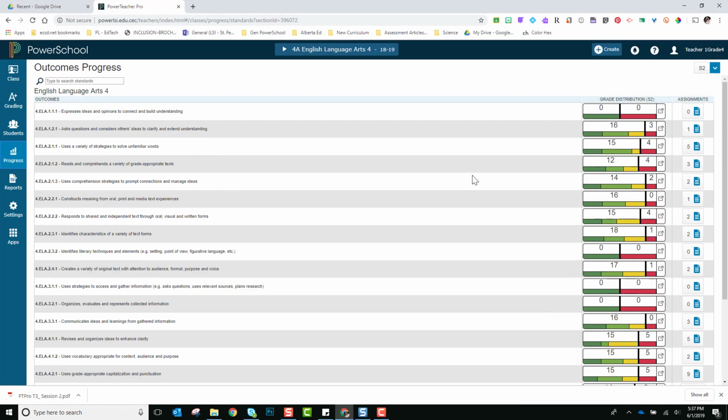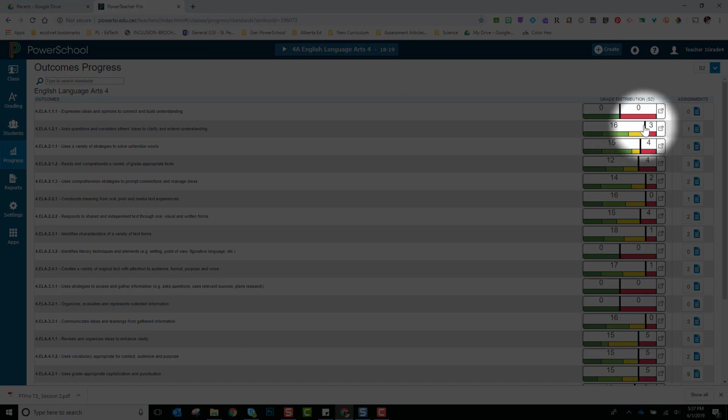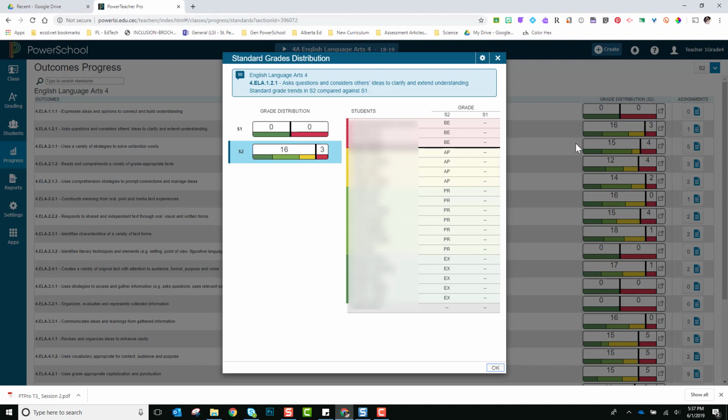And I can see the grade distribution, and I can see how many assignments have that particular outcome attached. Grade distribution shows me which students are beginning and which students are approaching, which are proficient, which are exemplary. I find this quite handy because it allows me to see at a quick glance which students need my extra